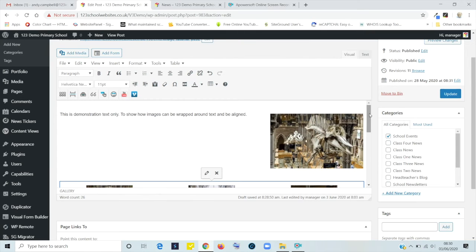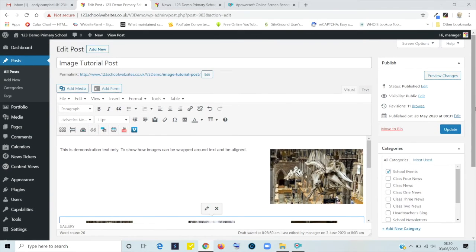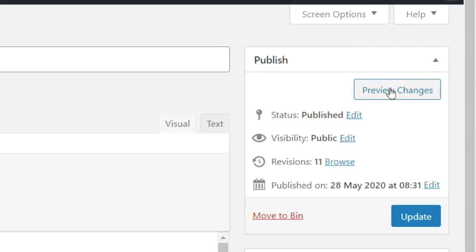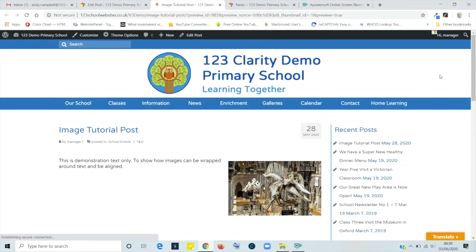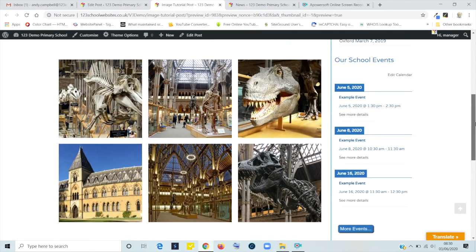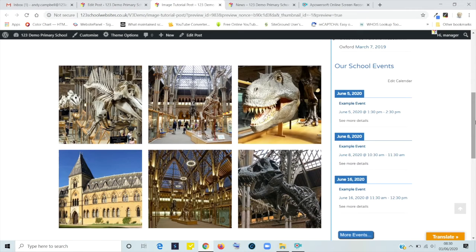Okay, so I've now put in a single image and a gallery of images on the page. Let's have a little look how that gallery looks, and I'm going to do that by, again, rather than updating the page, going to Preview Changes, and appearing there is the post in the preview, and there is the gallery. Now, I think that looks far better than individual images splattered all over the page, if they're all about the same thing, as certainly they are in this case. So we've now got the 2 rows of 3